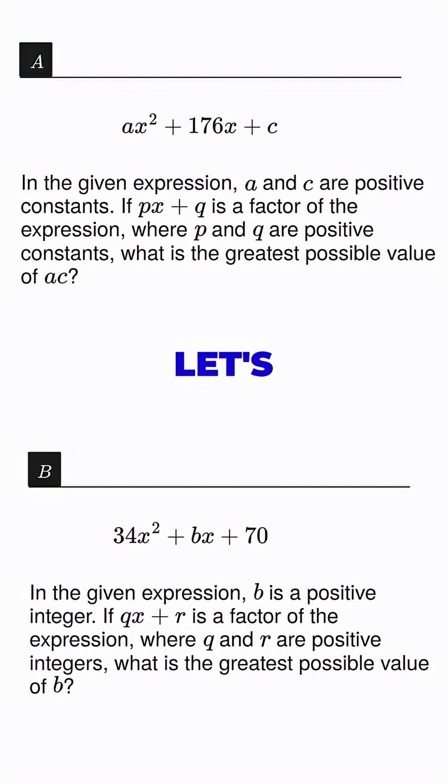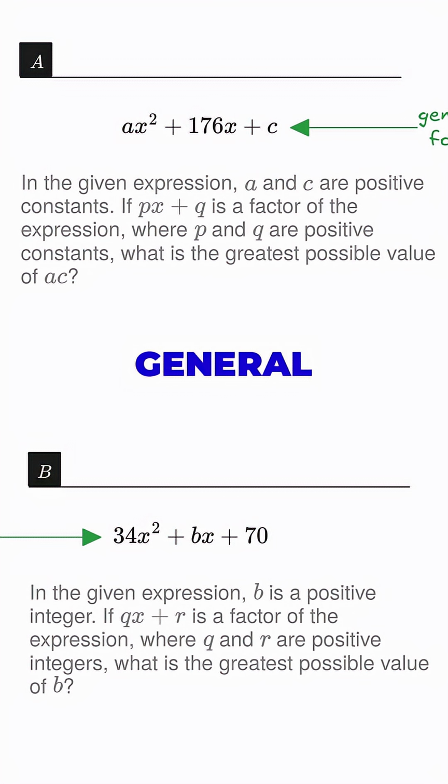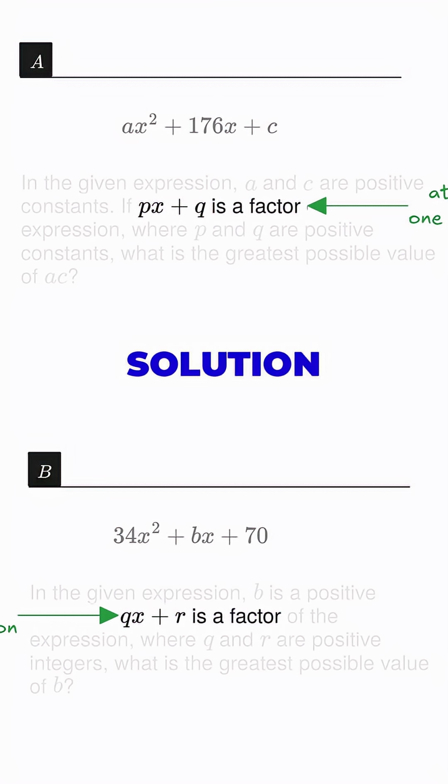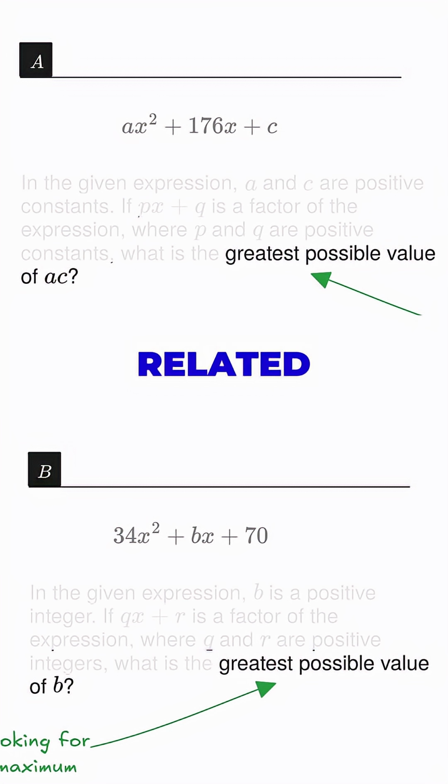Take a look at these questions side by side. Let's call them variant A and variant B. They're almost identical. Both are quadratics in the general form with one or two unknown constants. Both have at least one solution, and in both cases you're tasked with finding some maximum value related to the